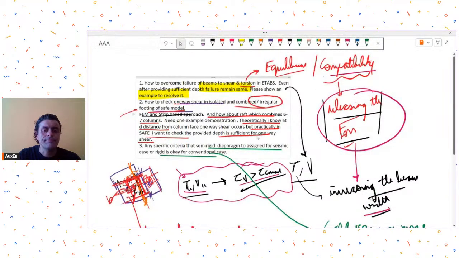Okay. All right. So these were the queries asked by engineer Vinay. Then we have the next question from engineer Pratham. He is from Kolkata and he is a working professional. So he is asking,